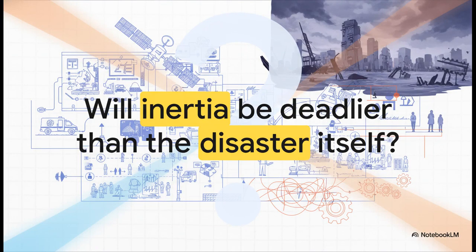And that leaves us with a pretty haunting realization to ponder as we wrap up this explainer. We have the technology, and as we've seen today, we definitely have the data to understand the exact anatomy of a disaster. But if we fail to actually implement the very systems designed to save us, why do we let history repeat itself?